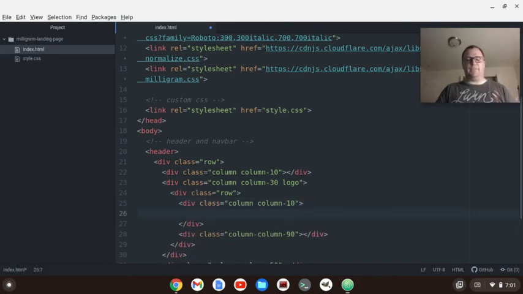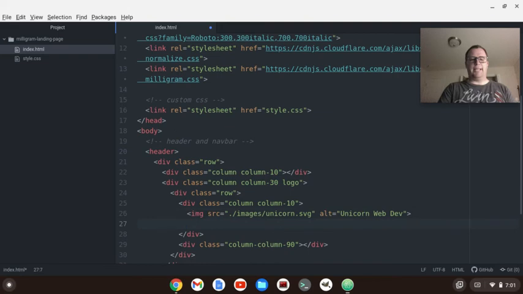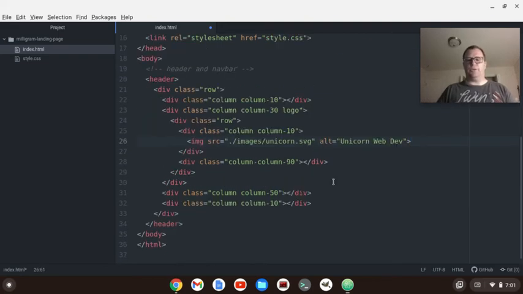Now in the first div here, that's where I'm going to have my image. So I'm going to just paste that in. Okay, Control V to paste. Atom's kind of like your normal thing. Vim's a little different. Atom's just like your normal kind of GUI application. Control V, Control C, Control X. Okay, so